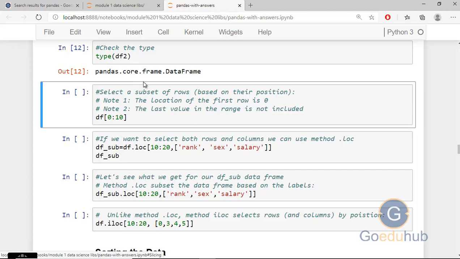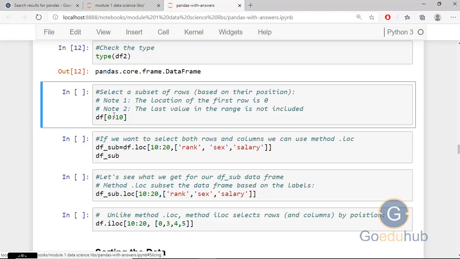Now we just want to access a particular subset of rows. Like df having the total data, and I just want to access a particular subset of rows. Previously I accessed a particular column, so I wrote df and then square brackets, then the column header. Now I just want to access particular rows. Here I can write like we do in list slicing. So df and then inside the square brackets I can write 0:10, which means it will give the first 10 records.